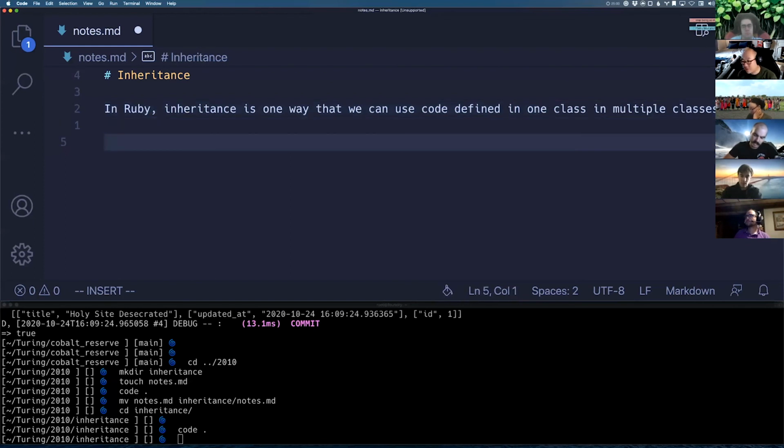An example of this is assert equal, right? We make all these different test classes and we're using them everywhere, but we all get them from somewhere. And the idea here is that the benefit of inheritance is reduction in